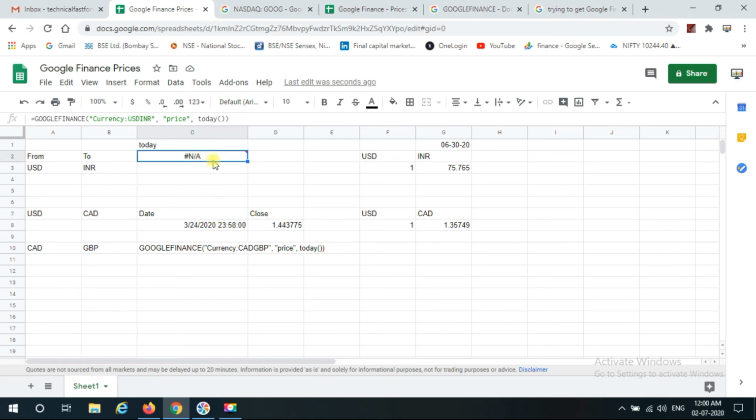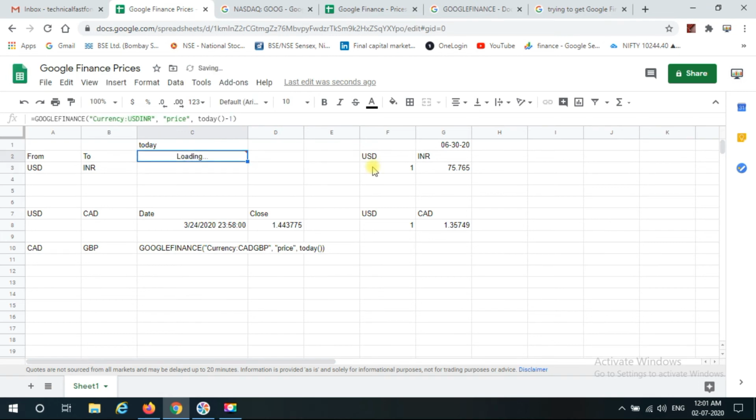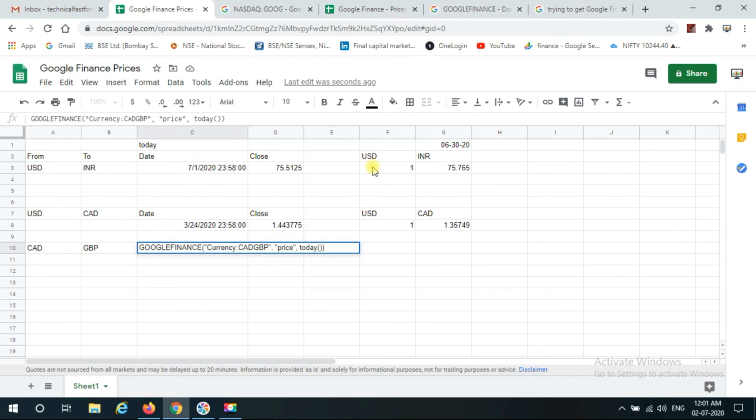So here is the error, because just now the date is changing. So instead of today, I would put in over here -1, so that I could get the previous day's closing price, which is 1st of July again, because the date has been changed to 2nd of July. So let's move ahead with this. I would say again -1, which is previous day closing. You can change the date as per your requirement.